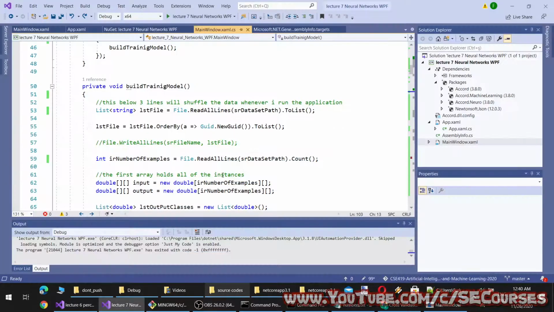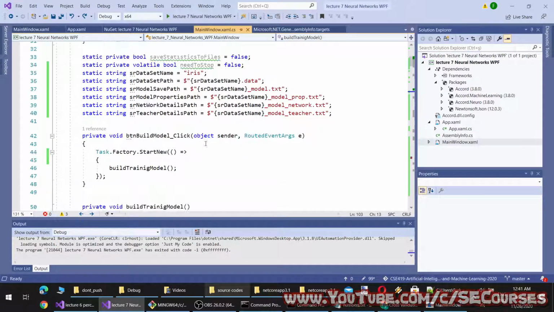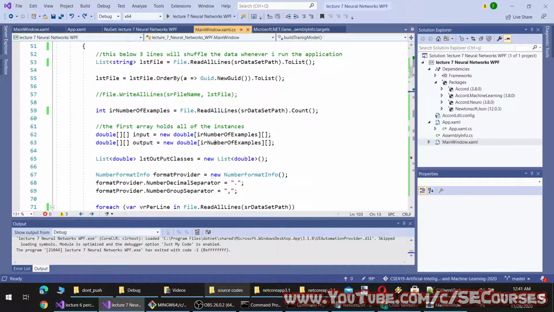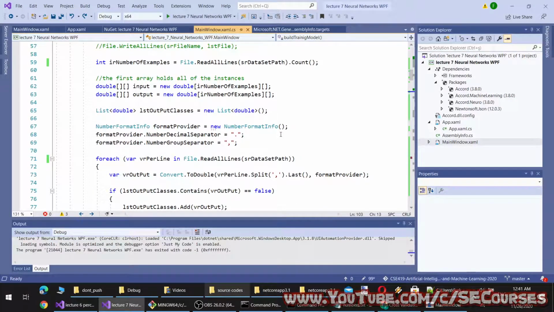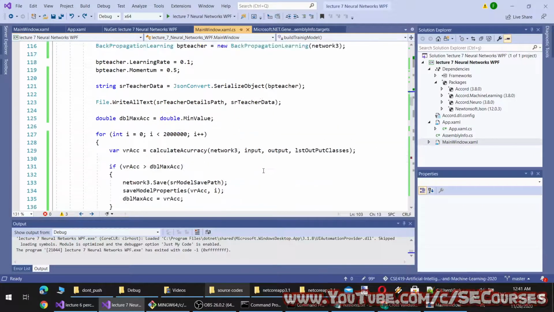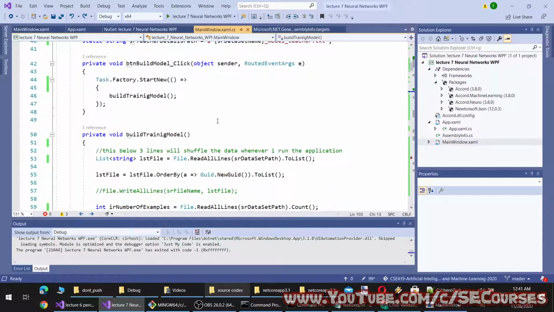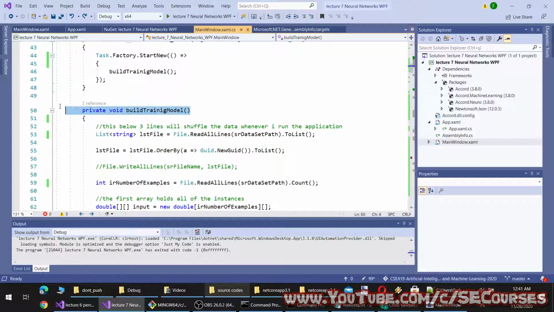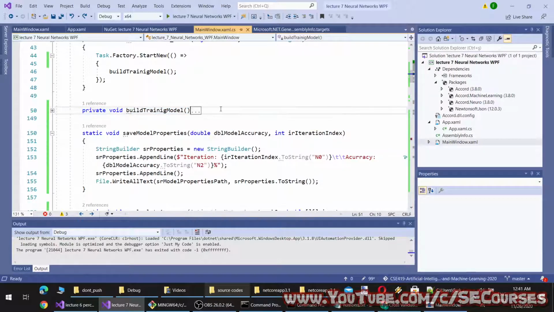Okay, so what is left in our algorithm is having n-fold cross-validation. To do that, we just need to simply modify this method such as this one. I'm going to copy and paste this so it will remain.